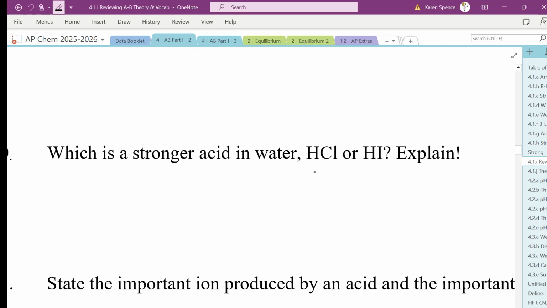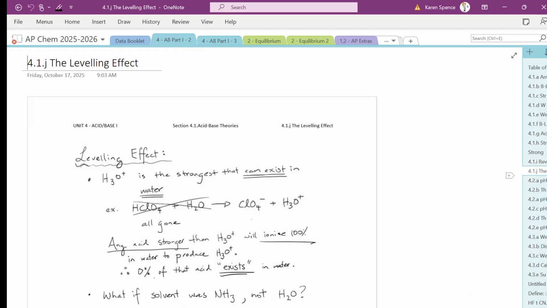Well, both of them are very large Ka. Yes? And actually, that takes us to what I was going to talk about today, which is the leveling